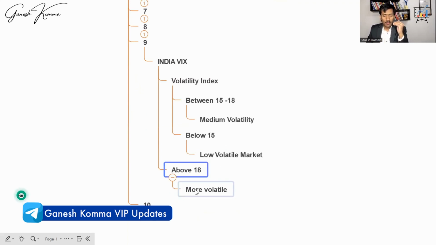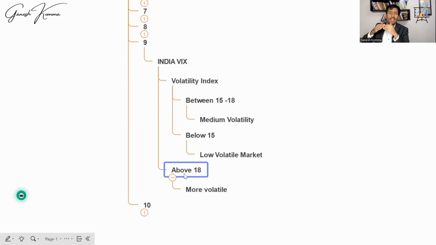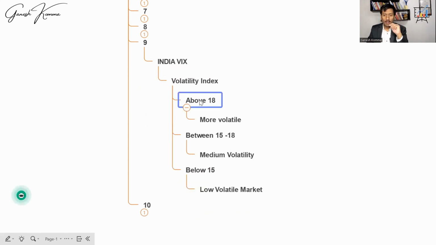So yes, during India VIX crossing 18 levels, in a more volatile market, you don't take more short-term positions, thinking, "Sir, I am buying today and I'll be selling after a few weeks, or after a few days." In a more volatile market, you reduce your short-term investments, or your swing trading, or even your intraday levels. You'll be reducing it. But yes, this can be an opportunity for